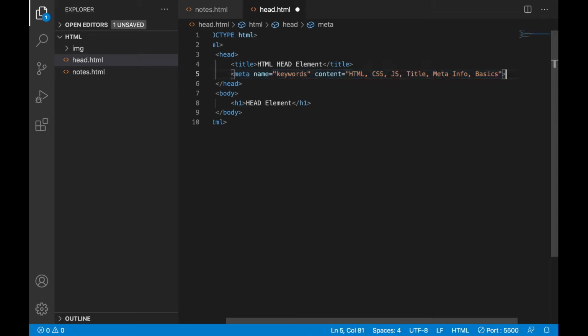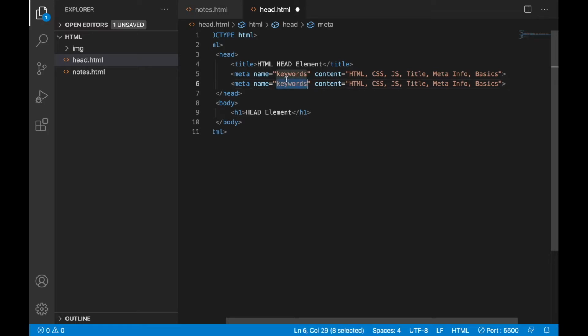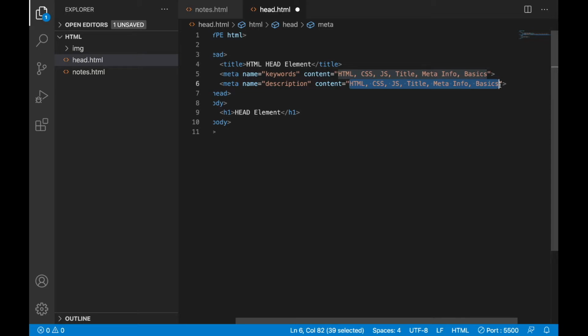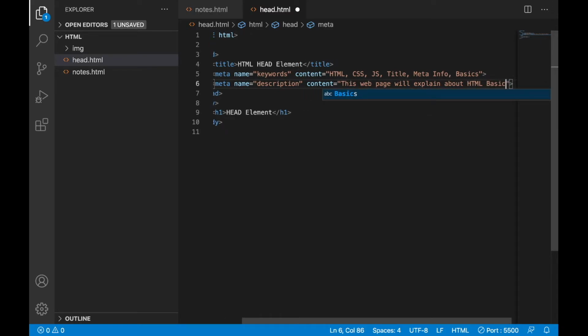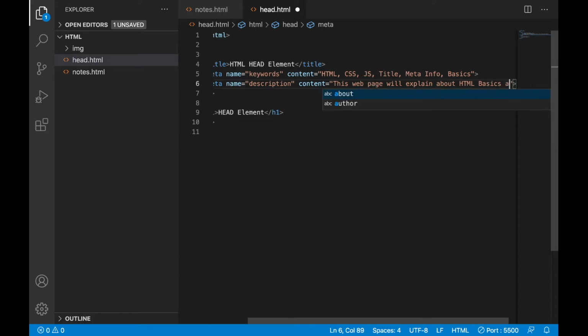Similarly, you can write a description also. You can write some proper sentence, like: this web page will explain about HTML basics and the head element.